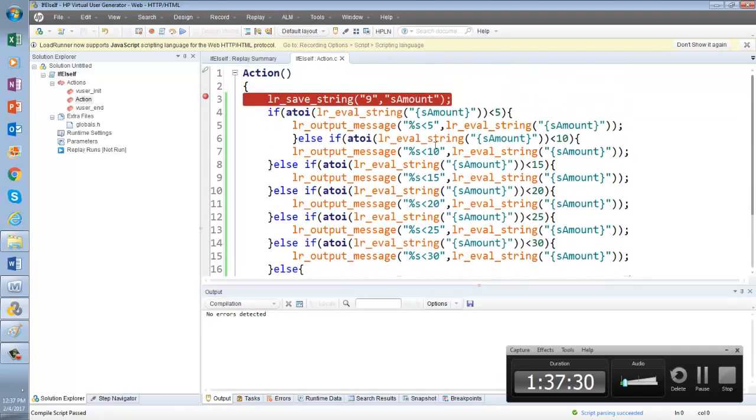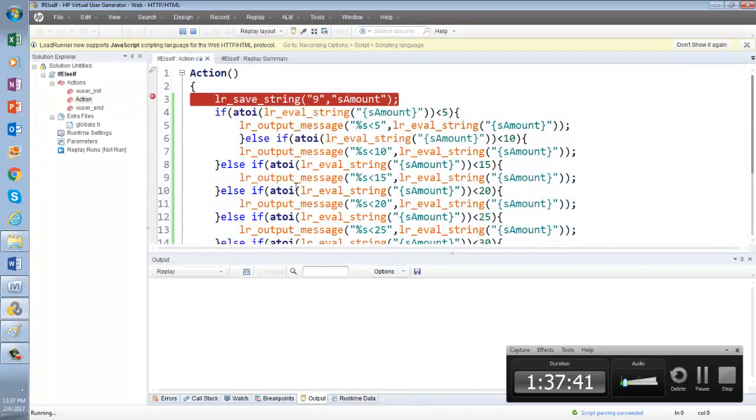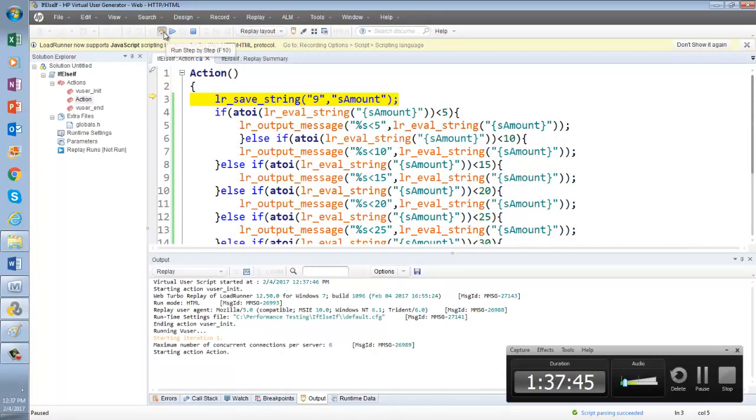Okay. Now let's run. We have a breakpoint here. Okay. Now what is the value that we have in amount? In the amount we have 9.